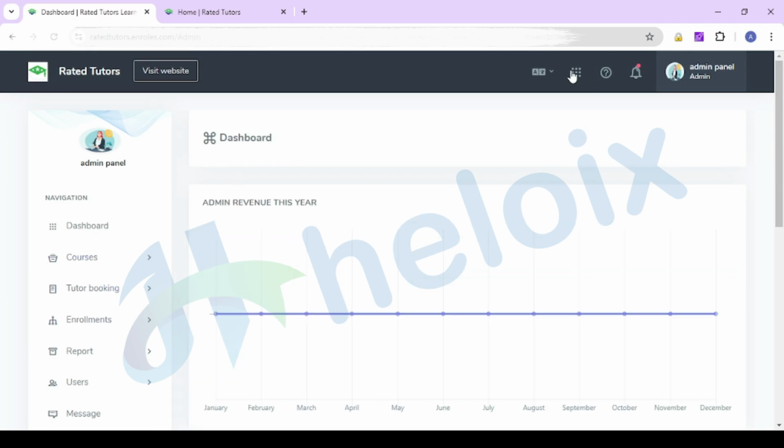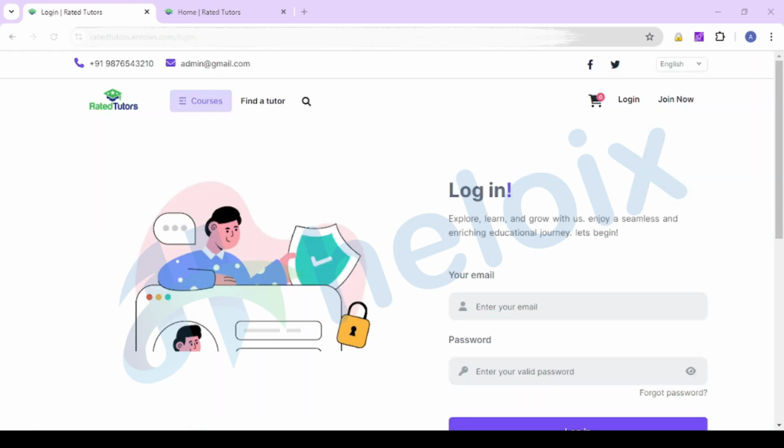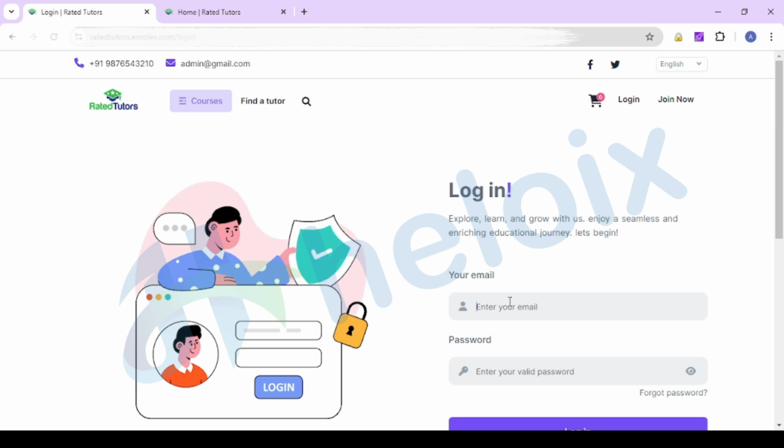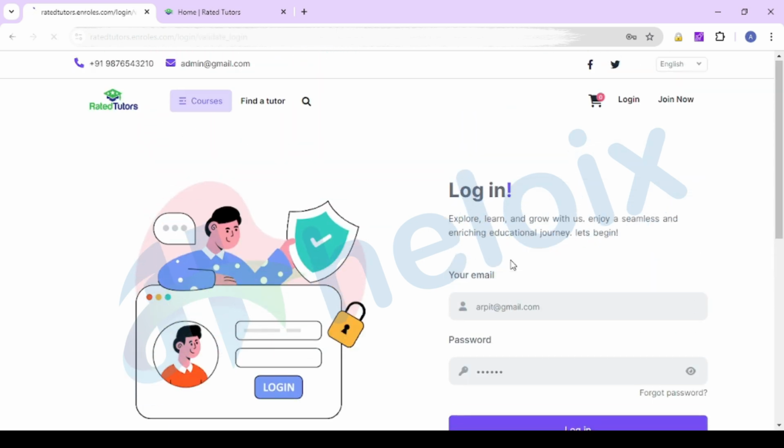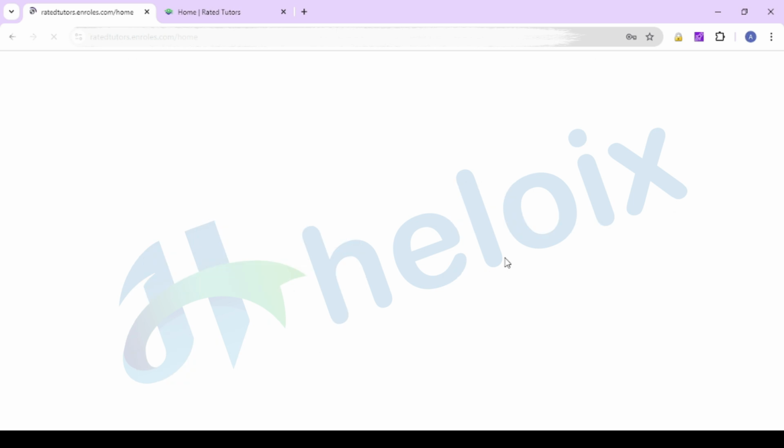So this is the admin login. Here you can check the language and all. Let me show you the other logins as well. Just allow me a few seconds. Let me show you an instructor login. It will help you check other things. We already created some logins for demo purposes. This is the instructor login which I am going to log in with.